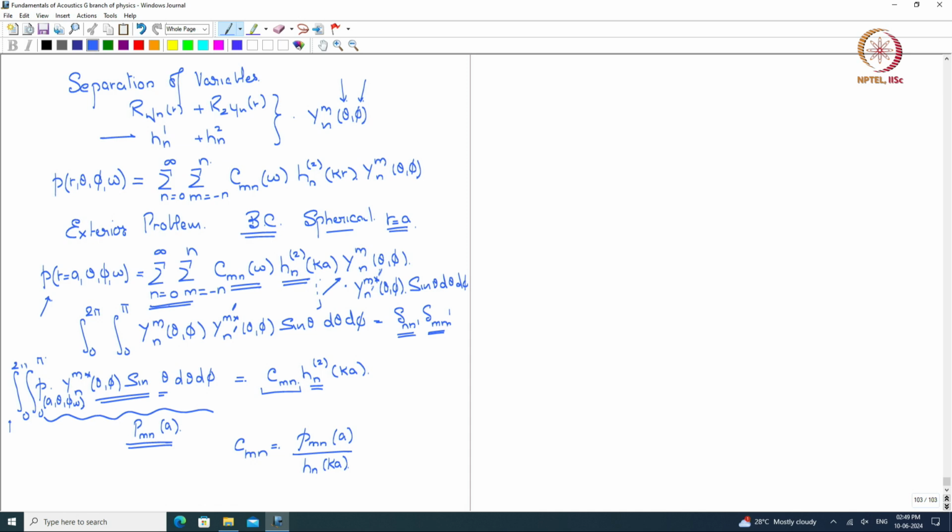Okay. So now we are heading towards a problem where the sphere surface velocity is given. So in terms of the surface velocity I will need to know Cmn. Once I know Cmn I can find out p r theta phi, because Cmn is known, I know p r, I can find the pressure. So in order to find the Cmn I need to find Pmn from the surface velocity. So now let us say the surface velocity is given,